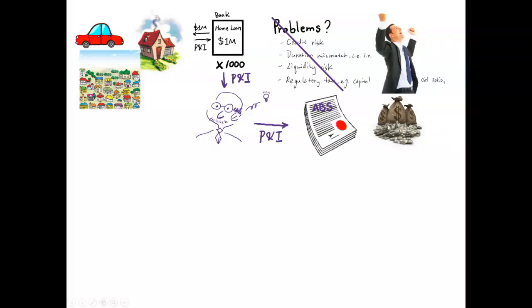What about these investors here? What are their incentives to buy these asset-backed securities? Essentially, when they buy these securities, what are they buying? They are buying part of the ownership in this asset pool, right? And what are their returns? They now start to receive principal and interest payments.